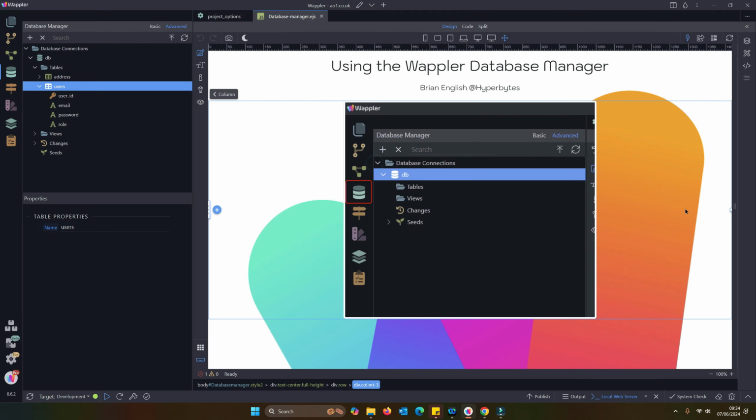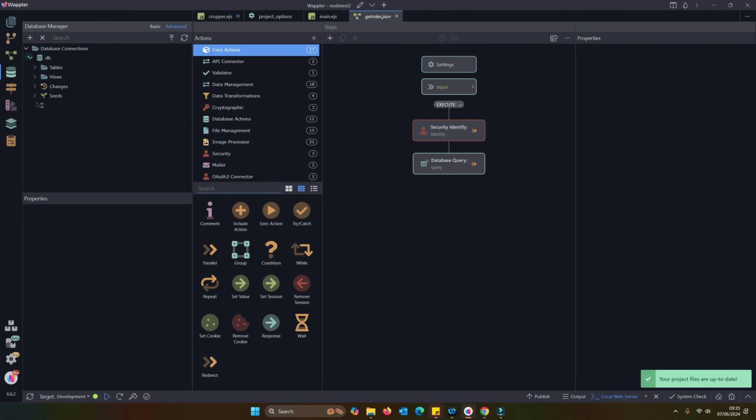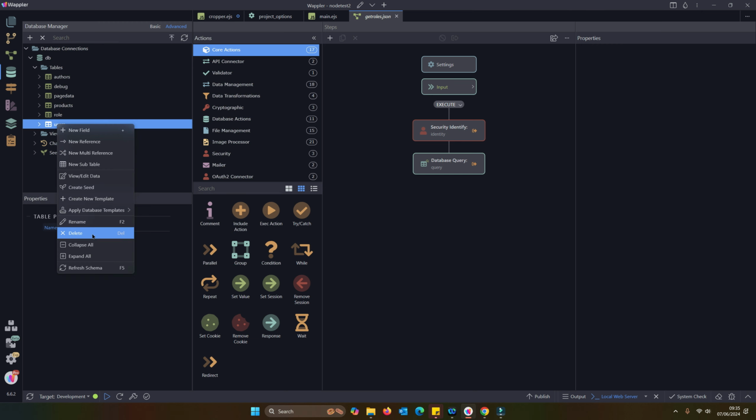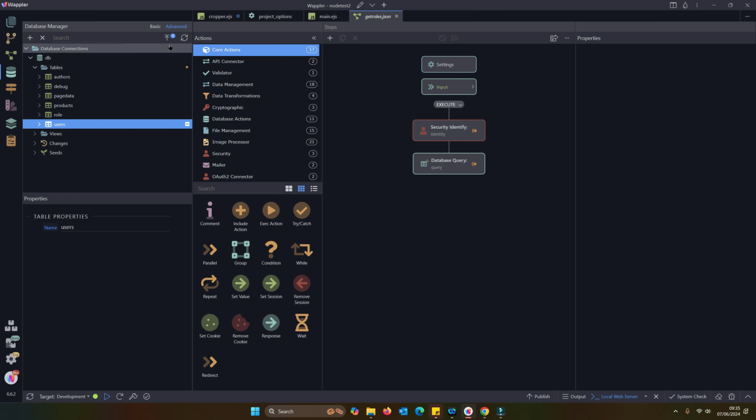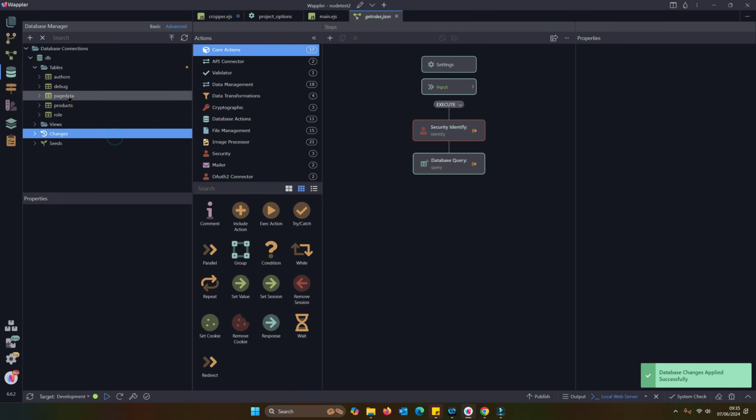Our database template has been created successfully. Now it's going to pop into another one of the millions of projects we've got here. This is just a test environment. You already have a user, so I'm just going to delete that. So say I want to add the users table to this particular environment.